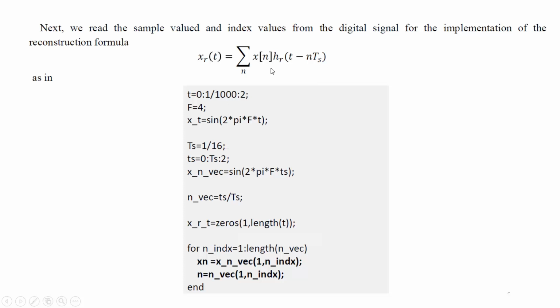Two things are there. One, for the factor xn, the variable here is n, so xn will get the values like this, and this n will also be varied. So this n equals n vector going from 1 to n index, right?